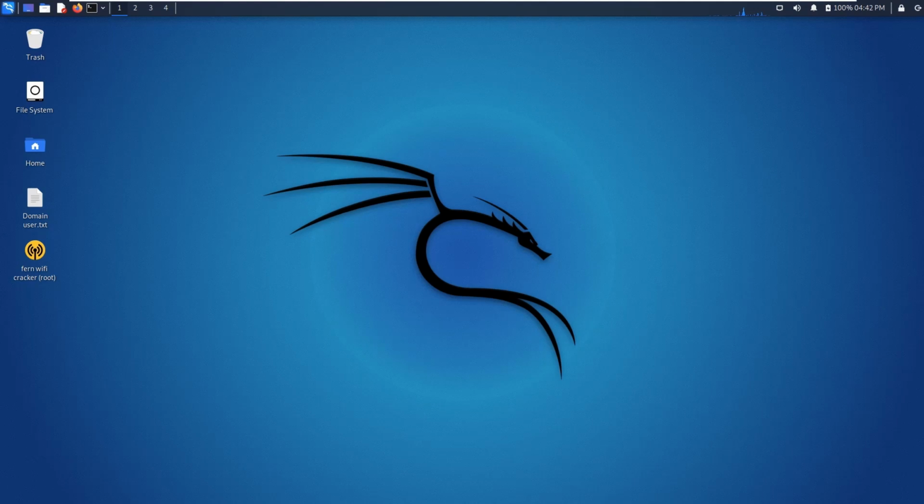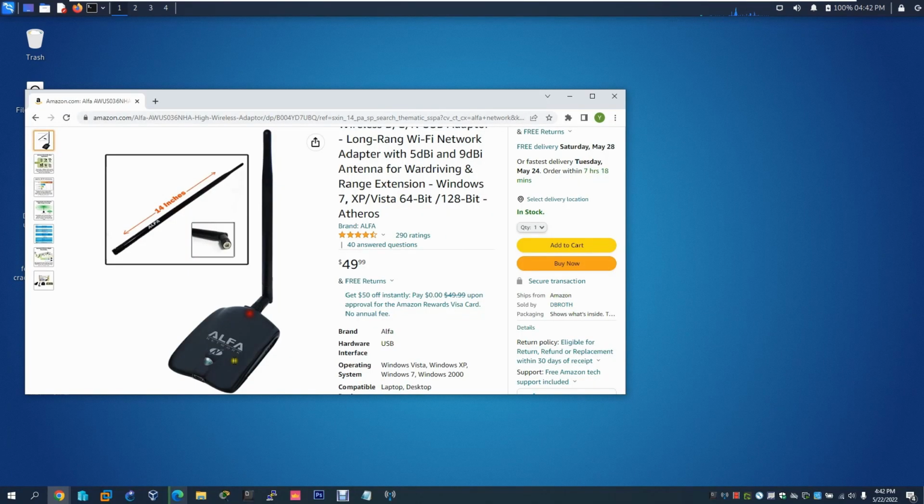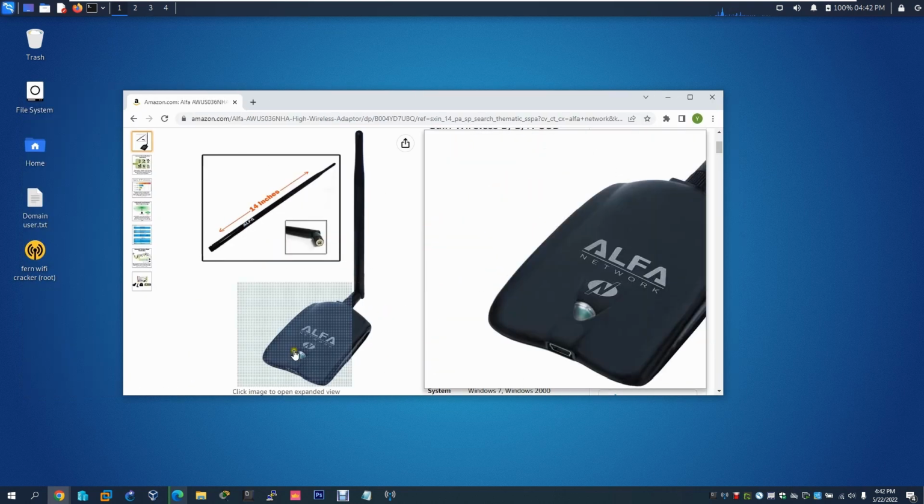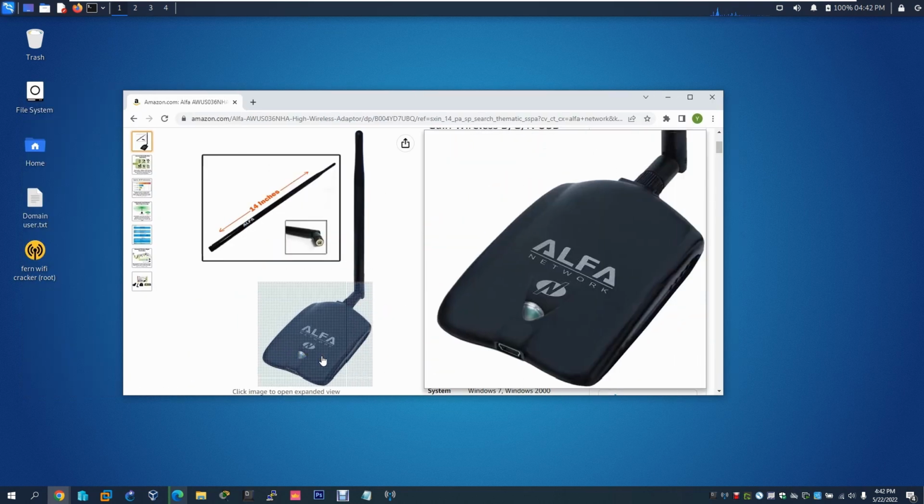I'm using the Wi-Fi adapter. Let me show you right here so you'll be able to see it. I'm using this Wi-Fi adapter as the external adapter, so I will use this one Wi-Fi adapter to monitor the